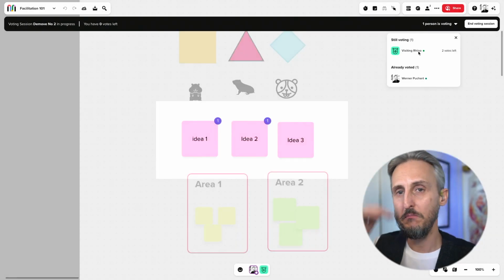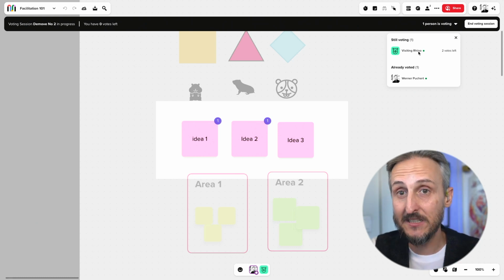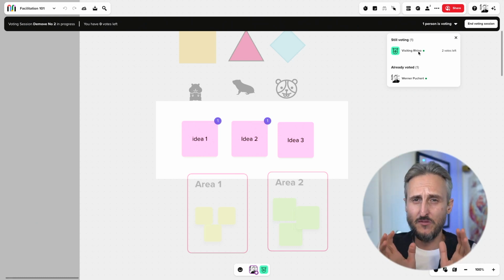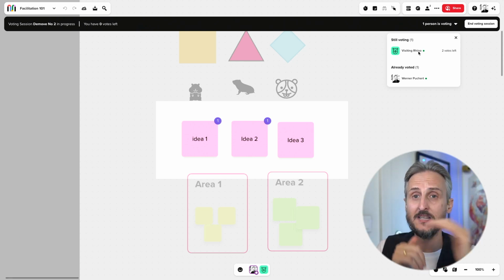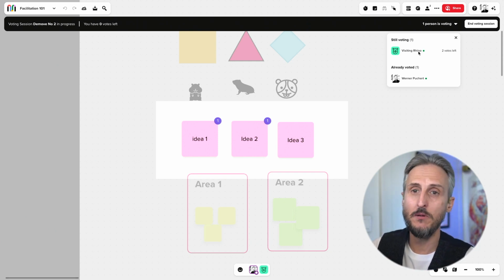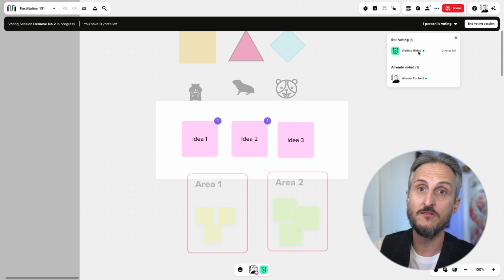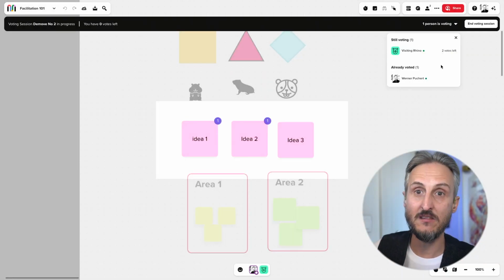Now, you will have a much longer list that will be represented by everybody who's currently active in the canvas. This is great as a facilitator, to just have a look at this list to see who's currently voting and where the activity is. Perhaps when you're running bigger sessions with 50, 60, 70 people, you're not going to wait for everybody to finish the vote. This area is great to see where you get critical mass and when you can end the vote,